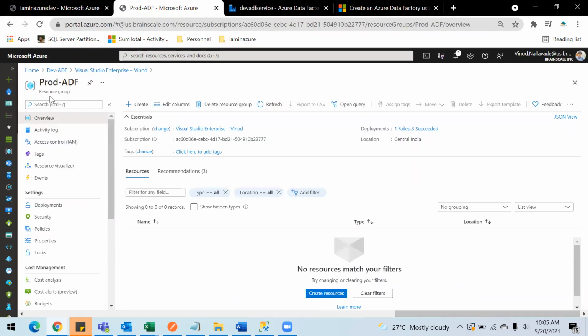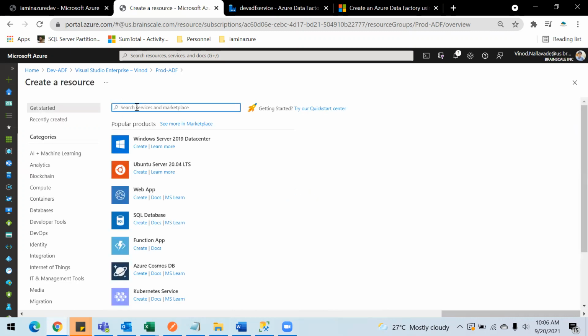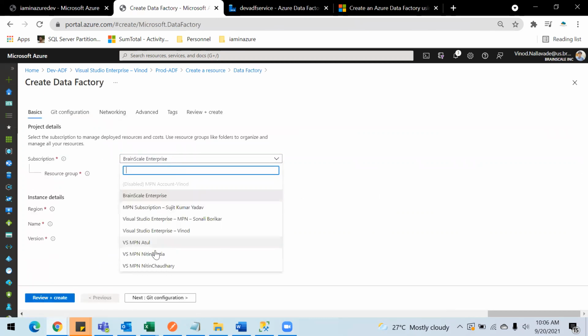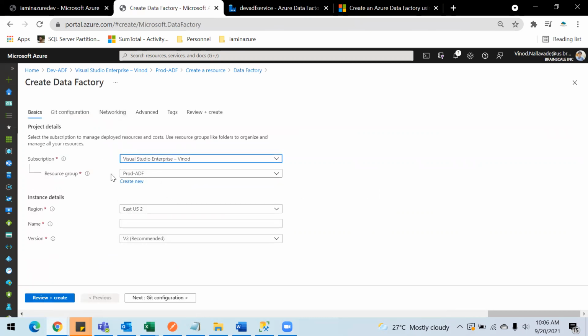So for that I have created a production resource group, and I named it as prod ADF. So to start with, we need the ADF service and the storage account. So let's start with creating that. To create a data factory, you can just search for data factory and create one. So I'm going to select the subscription, then the resource group inside which I want to create this service, then the region.